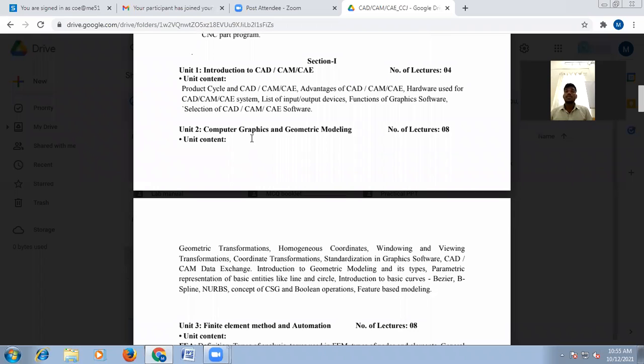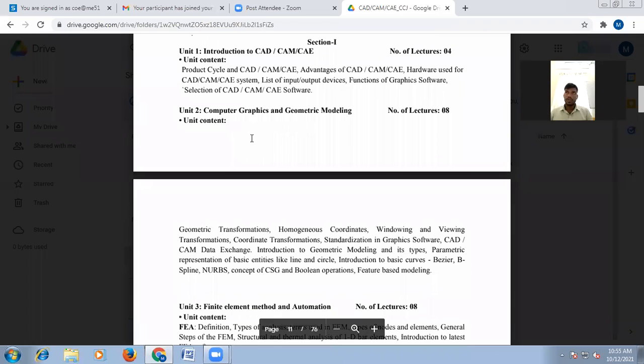Then now you can see our second chapter, that is called computer graphics and geometric modeling. The name itself indicates the first half part, that is computer graphics, means we should know each and every detail regarding the computer techniques. कम्प्युटर मध्ये काय असतं, कम्प्युटर काय करू शकतं, कम्प्युटर मधले जे काही पार्ट्स आहेत त्याच्याबद्दल